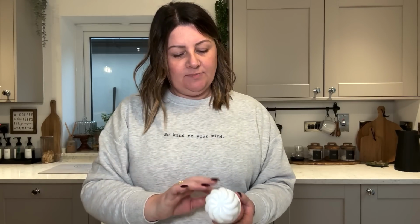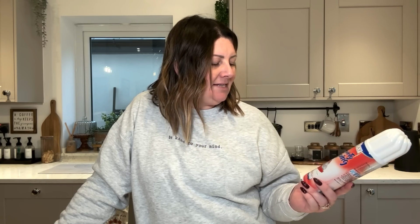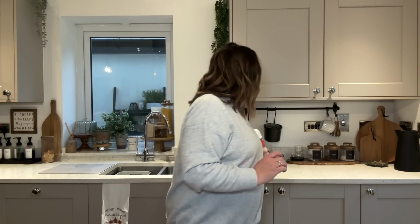I then picked up some squirty cream. I'm not sure this is the best cream. It's one of those ones that you don't buy in the fridge. I don't really know, but I picked a can up from B&M and I just thought it would do. We'll see whether the kids like it. If they don't, then I can obviously get some fresh. And then